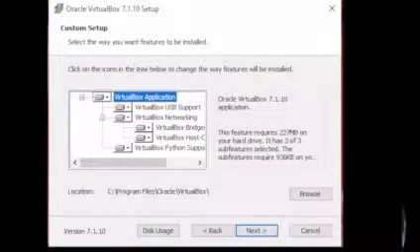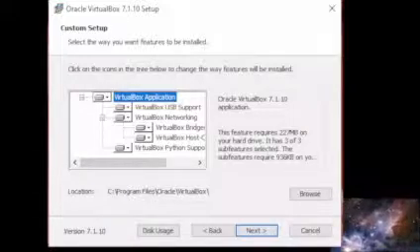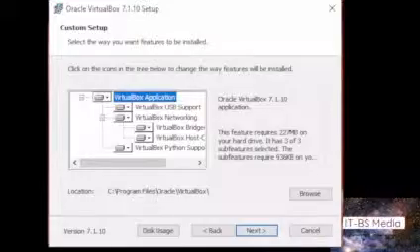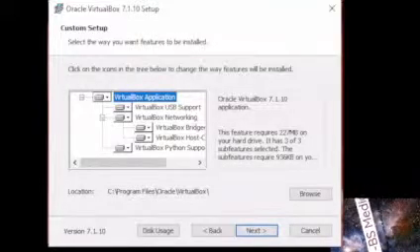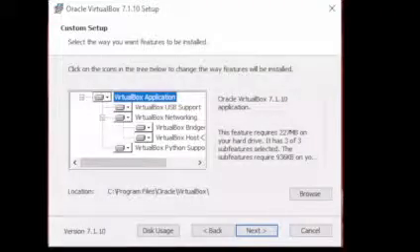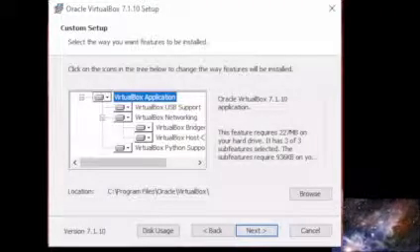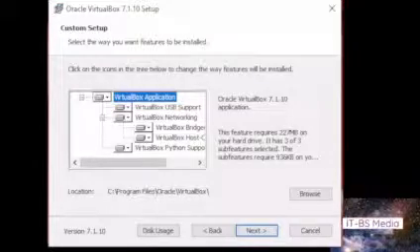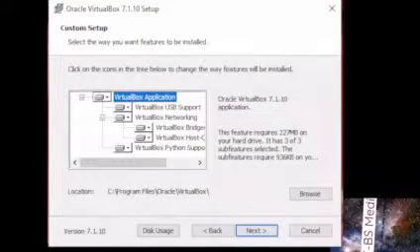But for beginners, I will say just click next, and it will show you the location where the VirtualBox will be installed. Okay, so once you click next,